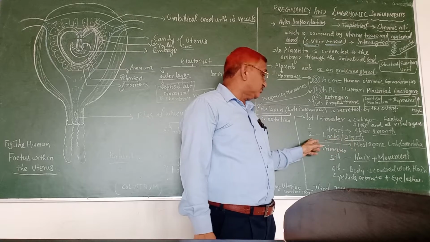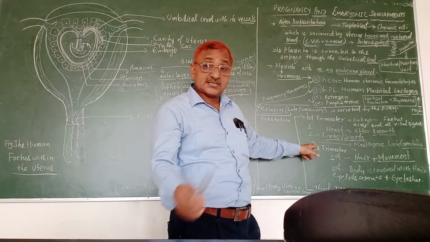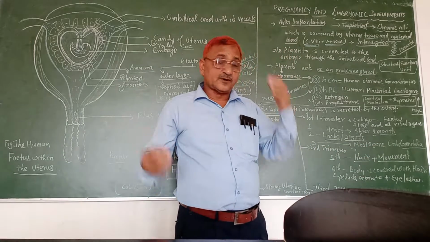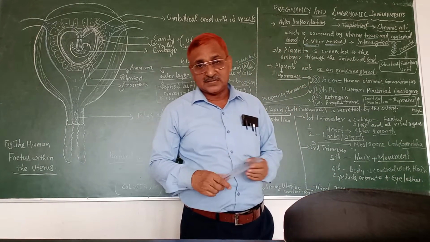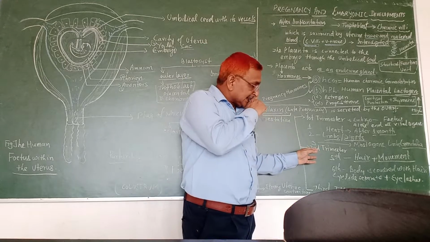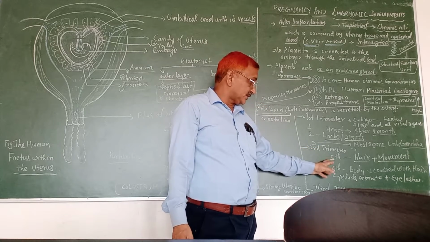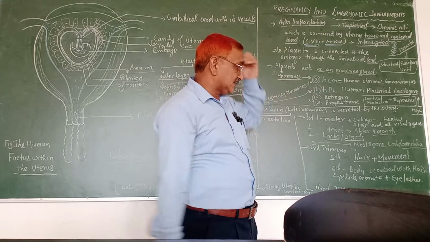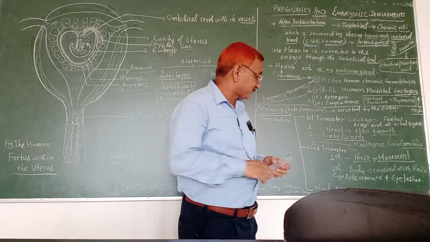Limbs and digits you get after 2 months of the pregnancy. After 3 months, we get most organs. All organs of our body we get, at least limbs and genitalia, male and female reproductive organs. In the second trimester, after the 5th month of the pregnancy, it grows hair on the head first, and then movement. The fetus starts doing movement inside the mother's womb.